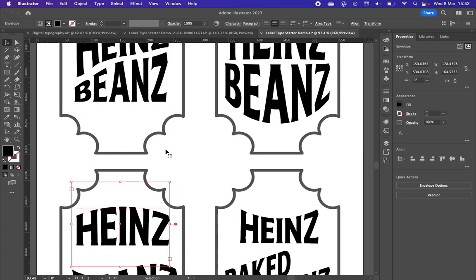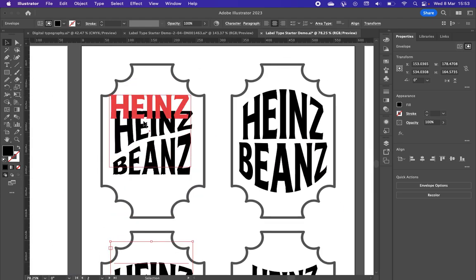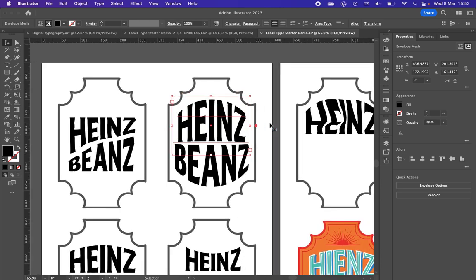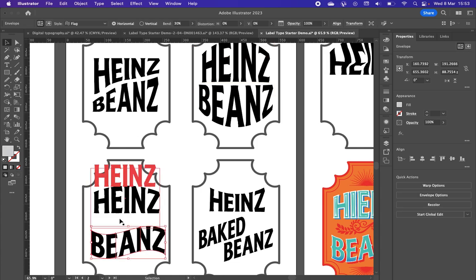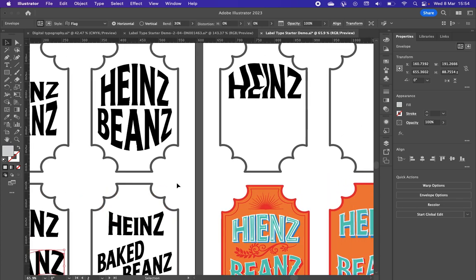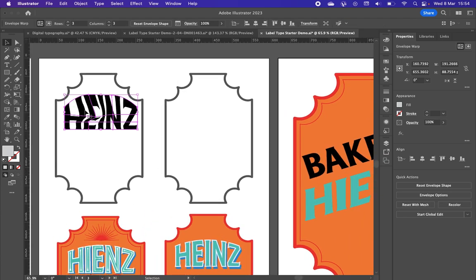We've got lots of different effects in here for warping things, so making text go into certain shapes. We can do it with a pre-built effect, or we can do it with a warp mesh like this. I find it easier if I've got multiple pieces of text to do them in separate text boxes. It gives me control over being able to warp them in different ways and do one word at a time. So this is always my starting point with text: just type it out, see what you can do with it. So if I start from scratch here,